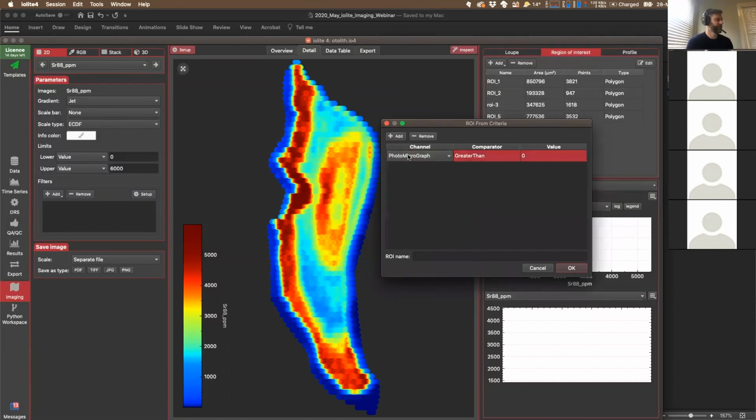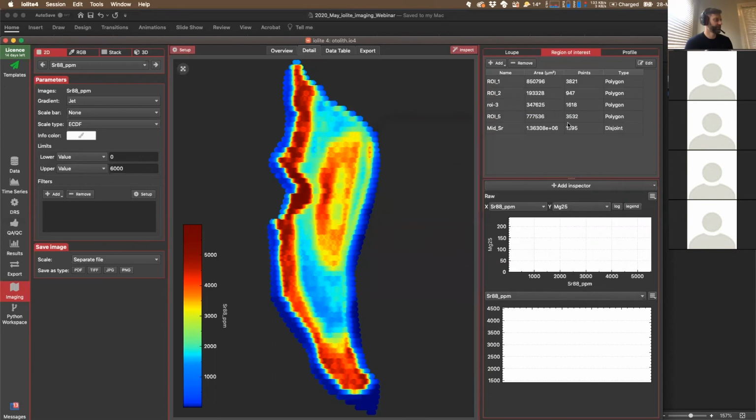For our simple one, let's say we want to select where strontium is in the range from, let's say, 500 to 1500. And I'm going to call this mid strontium,